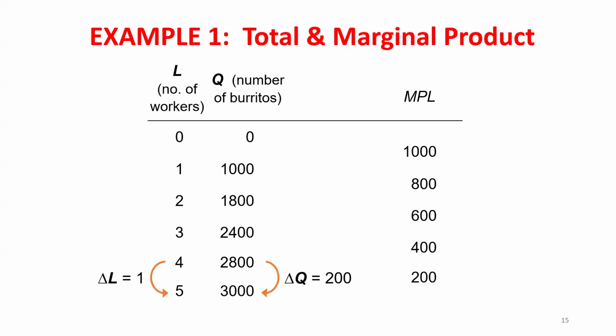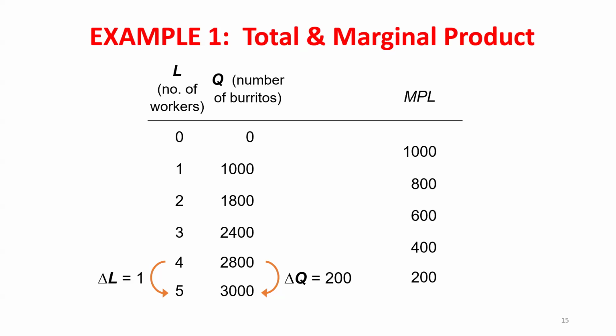Now, if instead I had an example where I was thinking about the number of workers I'm hiring not in jumps of 1, let's say I have a production process, maybe I'm adding different shifts, so the number of workers I'm hiring is in batches of 10 instead of 1. How would these marginal product of labor numbers change? I would still look at the change in output, but I'd now be dividing it by a change in the quantity of labor, which wouldn't be 1. I can hire workers in batches of 10s, so now it would be over a change in the number of workers of 10. All of these would be like what?